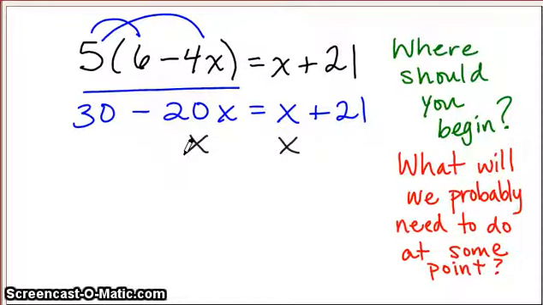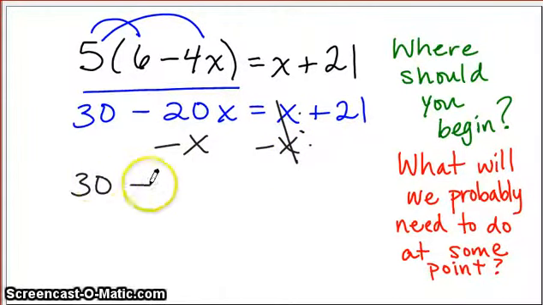Well, it's a positive x right here. If I want to cancel that out, adding is not going to help me because x plus x would be 2x. That doesn't help me. I need to cancel it out, so I need to subtract it. So subtracting x cancels that term. I'm left with 30 minus 21x